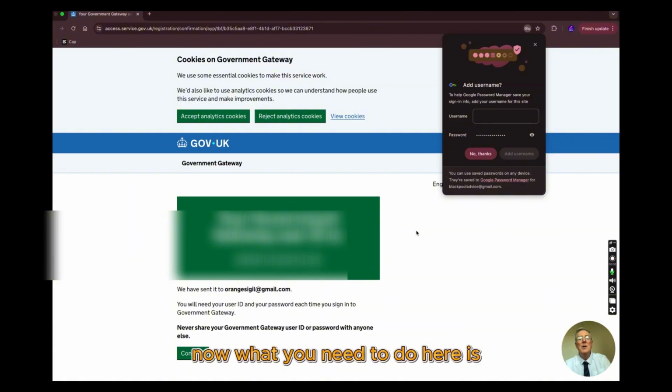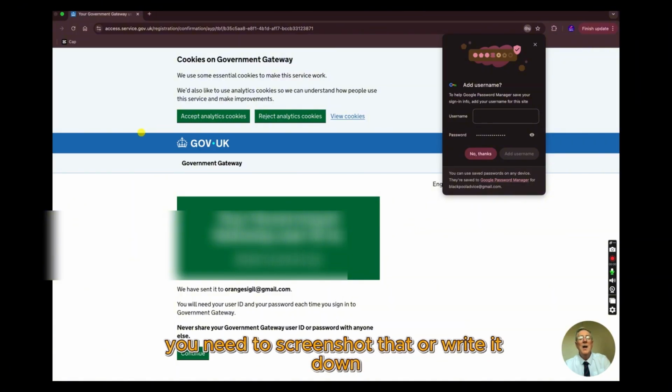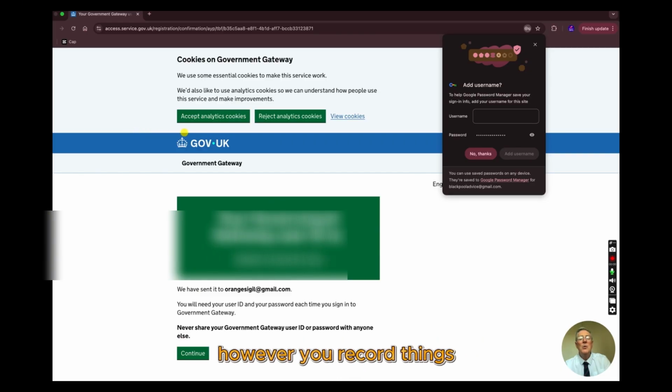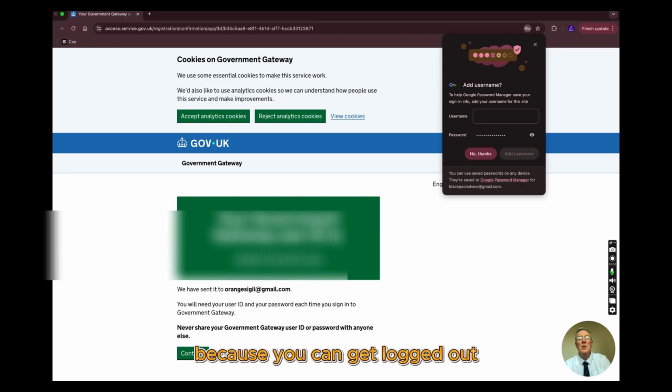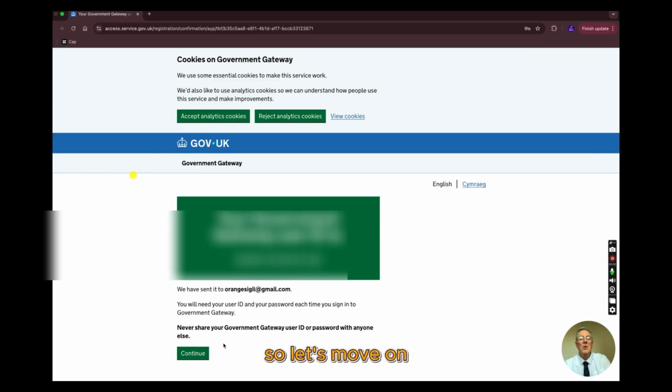Now, what you need to do here is you need to screenshot that or write it down. However you record things again, make sure you have that gateway user ID, because you can get logged out. You can't get back in unless you've got it. So let's move on. I will click continue,